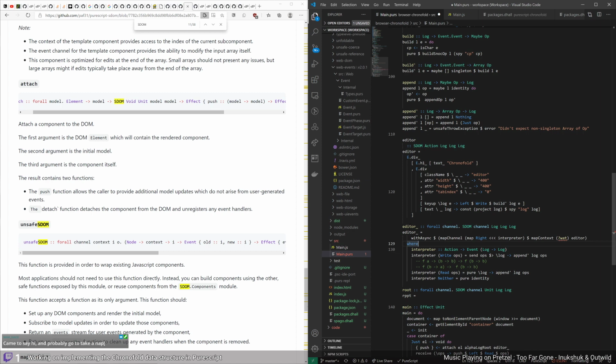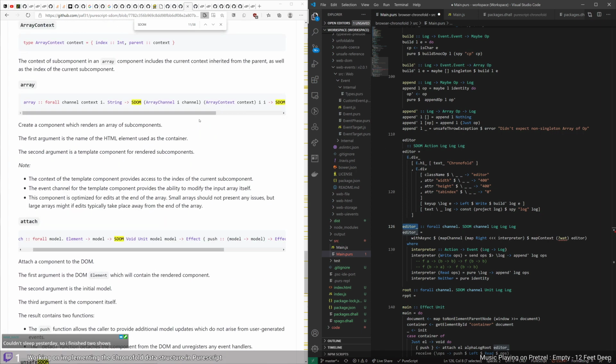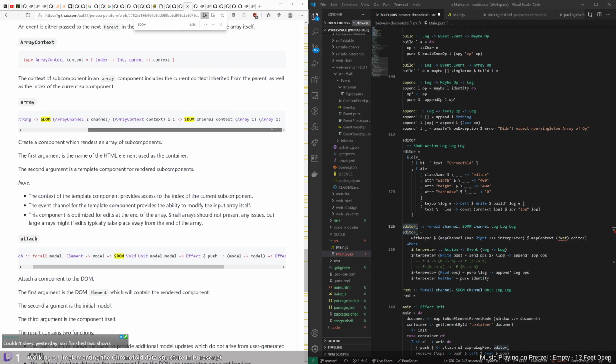But maybe, oh, I guess I need to see how an array, like the parent array, feeds the context to its children and therefore regain its polymorphism. So that would be in array, right? Yeah, array is polymorphic in context, but